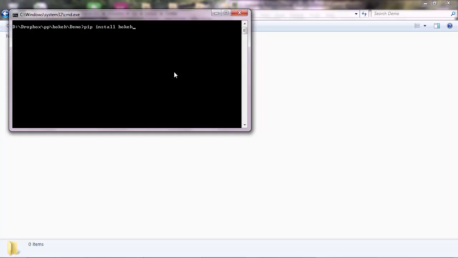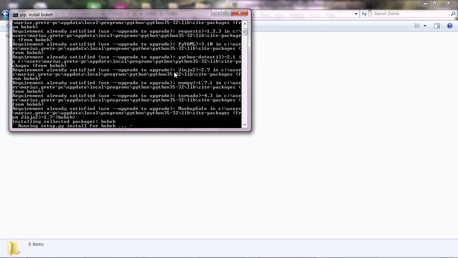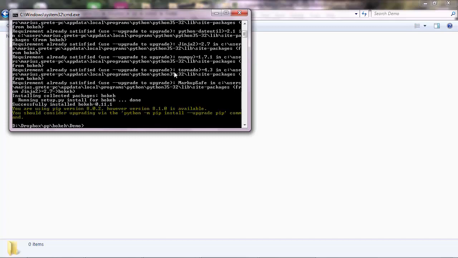So pip install Bokeh, and it's collecting. So running setup.py for Bokeh. And done. Great. And the next thing you may consider doing is you may want to use a Jupyter notebook